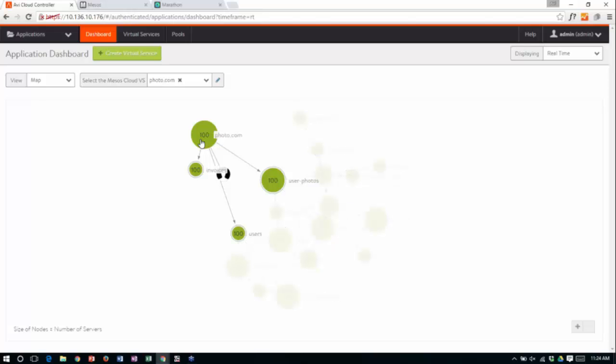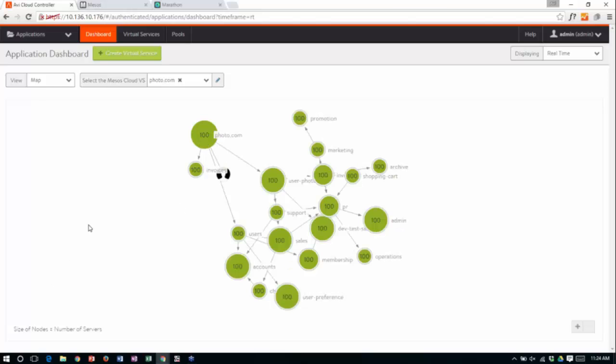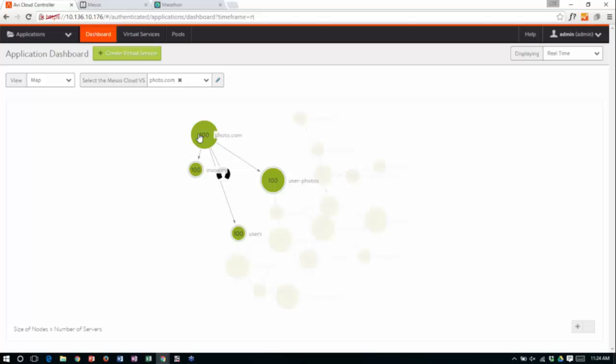This is remarkable if you really think about it. We never had to define any relationships between these services. We never had to tell the system how they communicate with each other. In an instant, as traffic is flowing through these services, we're able to detect who's talking to who. We're able to detect the direction of that communication. Photo.com is making a call into the invoices microservice, and we don't care how many underlying containers constitute the invoices service itself. We don't care about that.